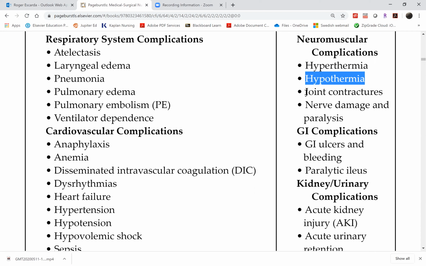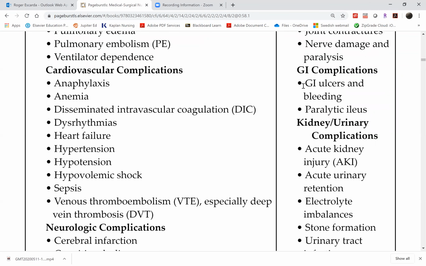Joint contractures are not very common unless the surgery lasts a ridiculous amount of time. GI complications are very common, regardless of whether the patient had abdominal surgery or joint surgery. In abdominal surgery, it's easy to see because you messed with the GI tract and subjected it to trauma. In non-abdominal surgeries, the GI system still suffers because of the effects of the medication. Starting with anesthesia, opioids, and the neuromuscular blocking agents, all of them are CNS depressants. They will slow down peristalsis. So you'll have a patient who's nauseous, constipated, just miserable post-op. They'll have abdominal bloating, distension,